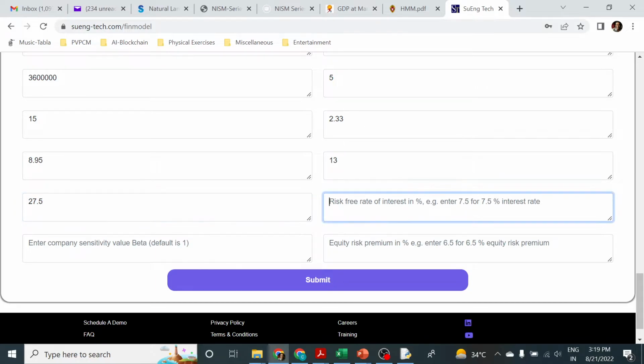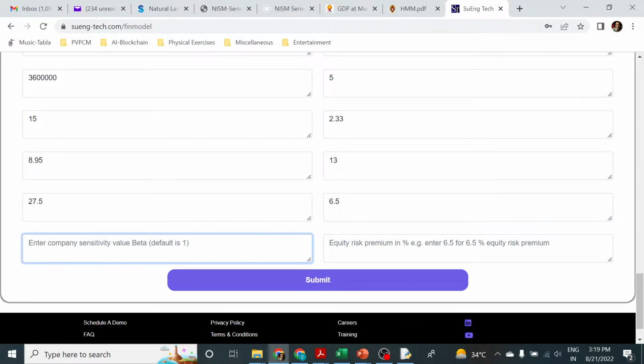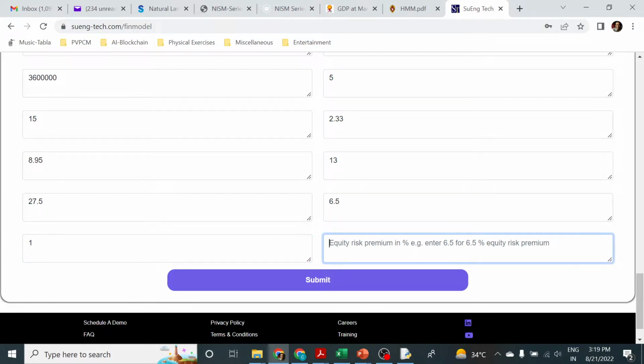Risk free rate of interest is 6.5%. RBI is the government dated government security rate. Sensitivity of the company, if it is not a listed company, we do not know about it, we can put 1, or we can calculate it, or we can put 1. You have to calculate it. And then equity risk premium for Indian market I can put 7.5%. Now I submit these data